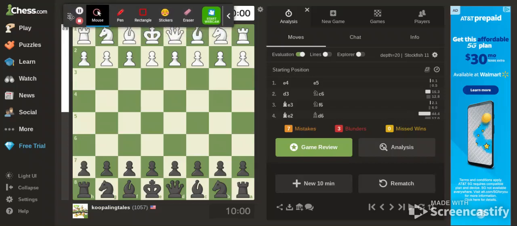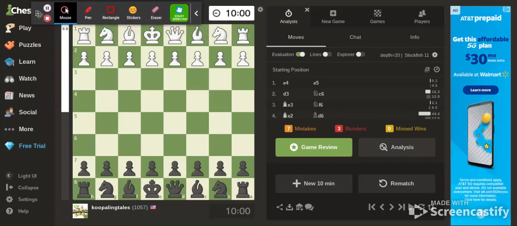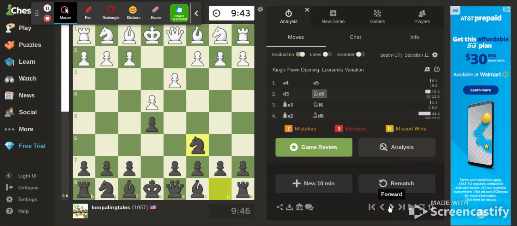What's up, everyone? In today's video, I'm going to be showing you a game I played where I blundered my queen, but still somehow managed to win. So my opponent started off with e4, and I moved to e5. I then developed my knight to c6,